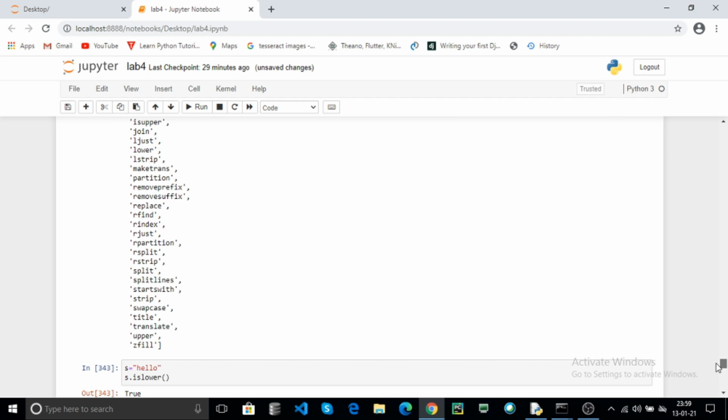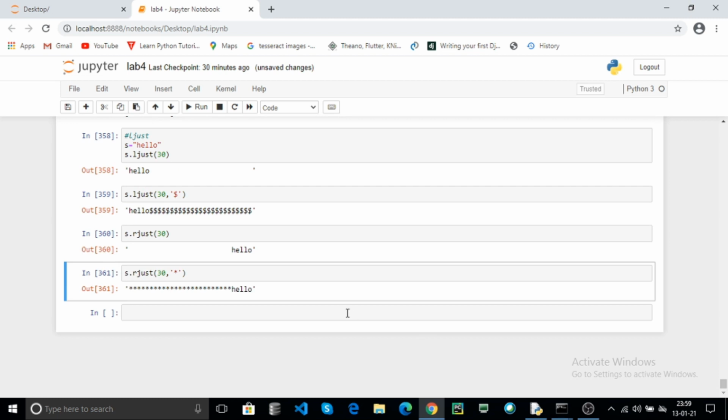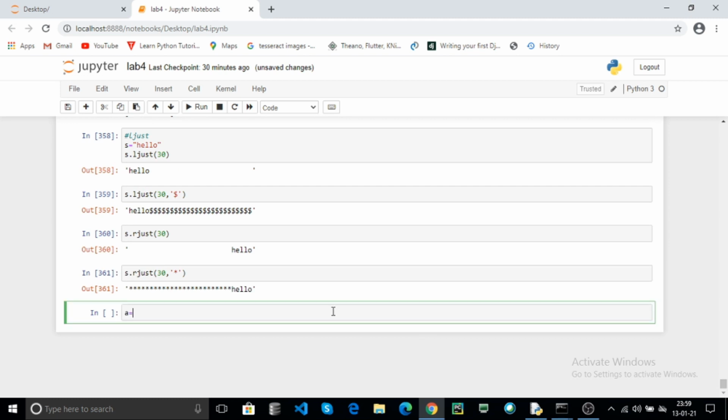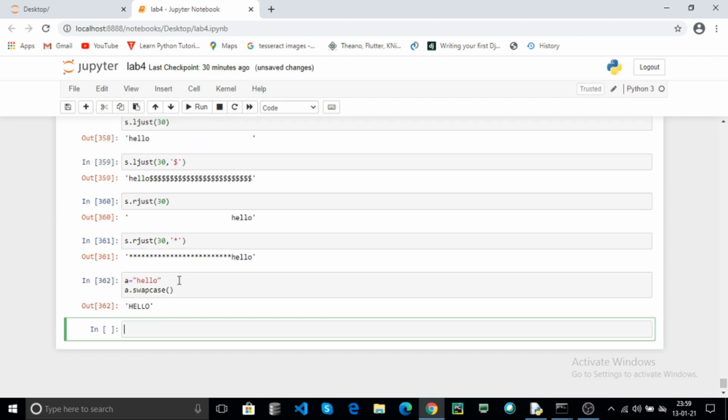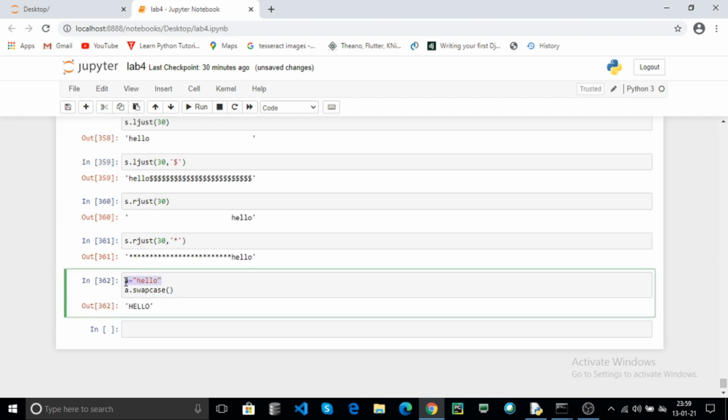Now swapcase. Here a contains hello. Here use a.swapcase() and click on run. Here at first your string is lowercase. Using swapcase it returns the uppercase.